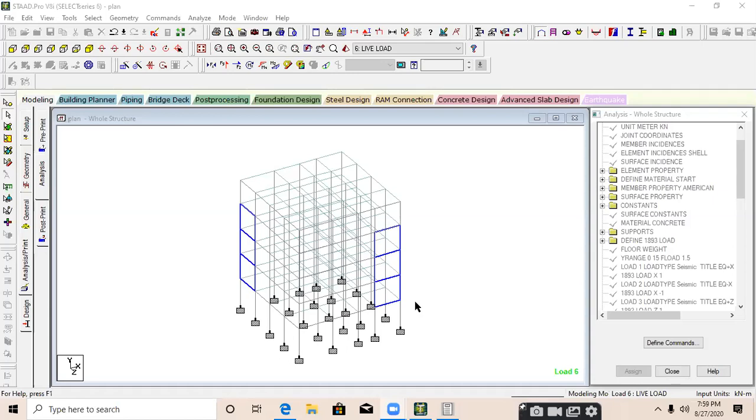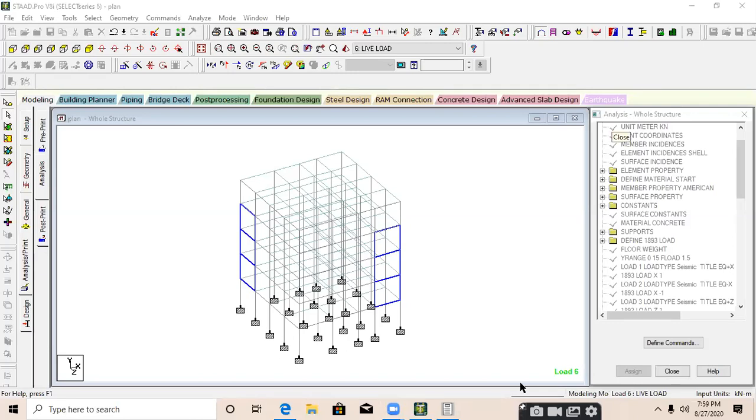This will be shown in the output file only, where we identify the results. Where I told you to provide 4 bars of 12 mm diameter, the software will not show that result for that particular column.